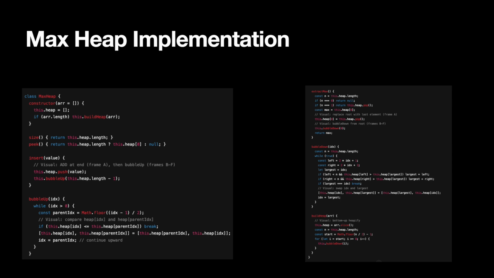And bubble down just works the opposite way. When you remove or extract a node from a heap, it will swap the element down the heap to make sure it doesn't violate the heap property. And the comparison operators inside those methods would be different whether or not you're doing a max heap or min